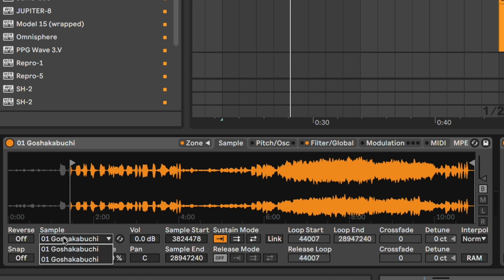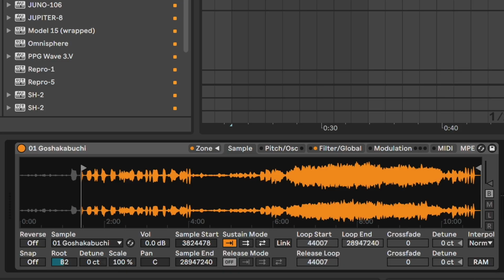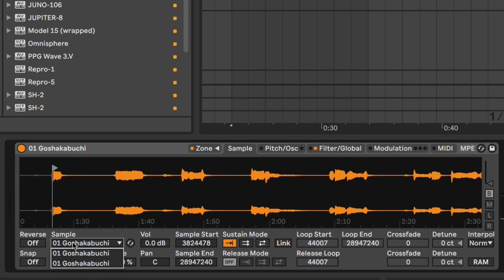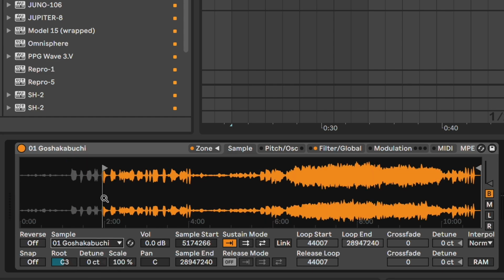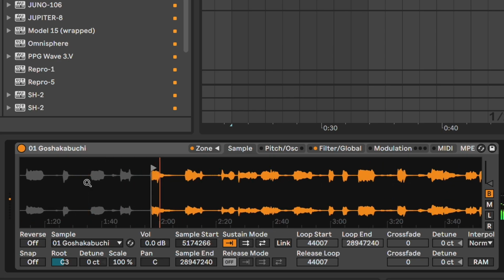But we've got two parts of the sample being used. So I've done it as I've done it before. I've created two zones. So we've got, that's here in the track. And then if we go to our second one, it's further on. So that's the sample, and that's from the track. So let's have a listen.